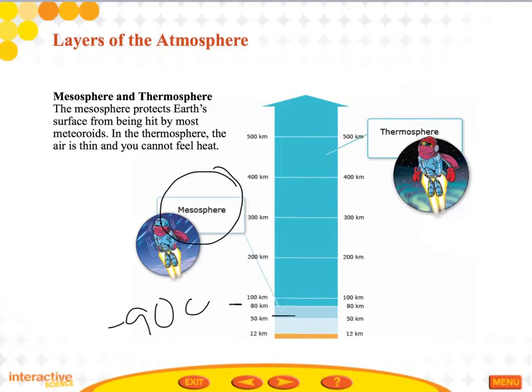If you've ever looked up into the sky and you've seen a shooting star, that trail that is left behind by the shooting star is actually the meteoroid being burned up within the mesosphere. You may wonder how it could burn up if the temperature is that low, negative 90 degrees Celsius. However, they're not actually burning up. It's actually a reaction from the friction with the gas molecules in the mesosphere that causes it to burn, as